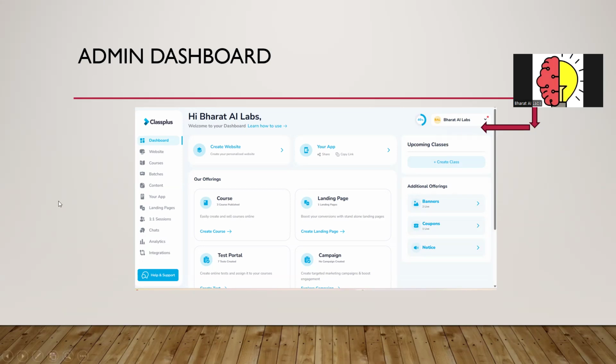Once logged in, an admin or trainer can create or manage courses, upload study material or assignments, even track student progress, or they can view reports and analytics, send notifications or announcements, even conduct live classes or tests.